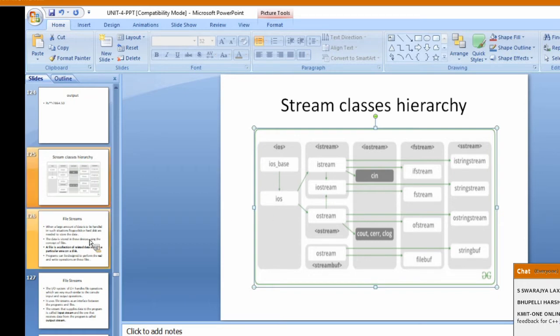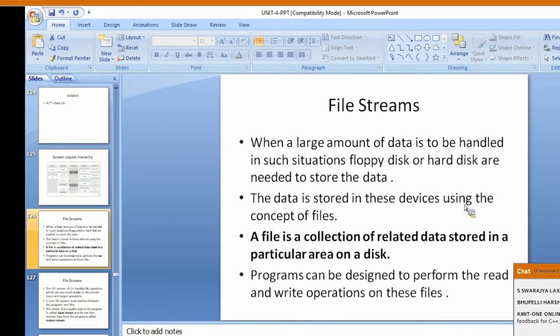Then what is a file, and what is a file stream? A file is nothing but data stored in a particular area on a disk.